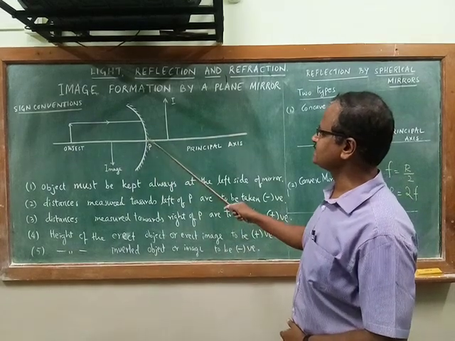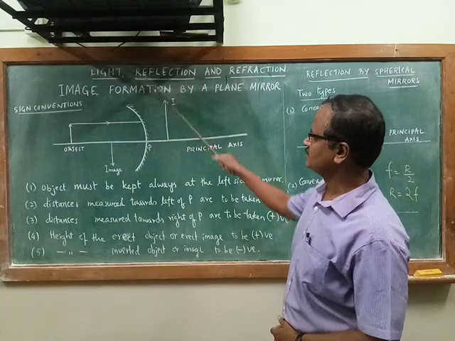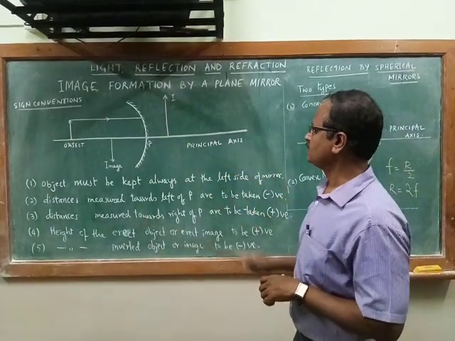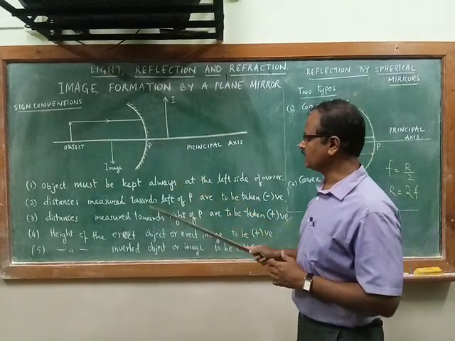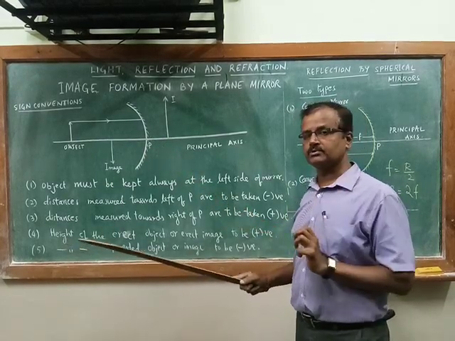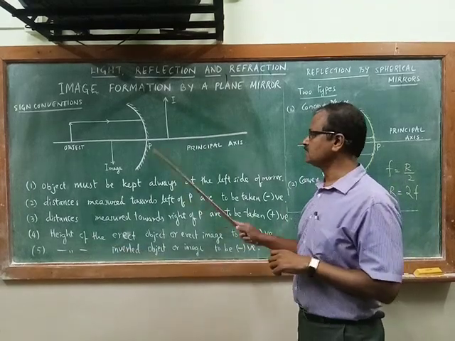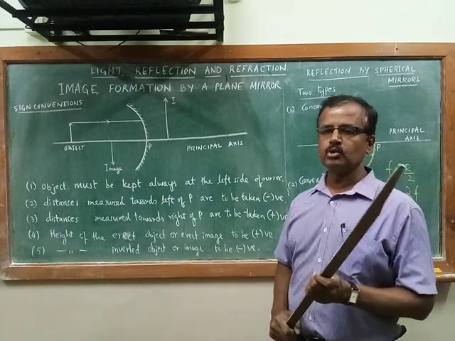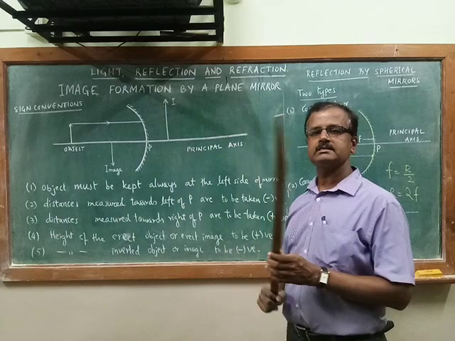Similarly, the sizes or distances along the positive y-axis are always taken as positive sizes or positive heights, and those distances which are downwards from the origin are along the negative y-axis. Therefore, if you measure the heights of inverted images, they will be negative. So we follow the rules of the new Cartesian coordinate system to understand the sign conventions.